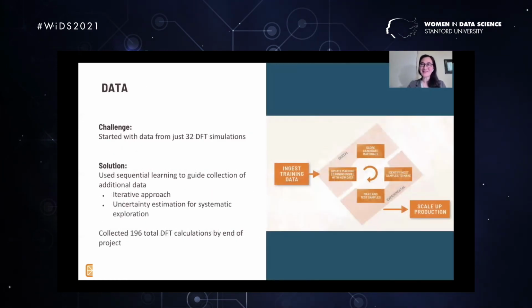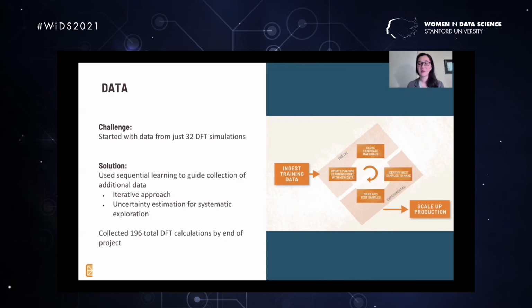All right, so getting into the challenges for this use case. The first challenge was with the data. They started with just 32 data points, just 32 DFT simulations that they'd already performed. Now, the solution here was that they were willing to have this iterative approach. They were willing to use an active learning, or what we call sequential learning approach, to guide the collection of